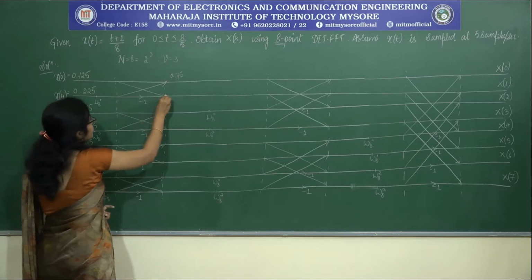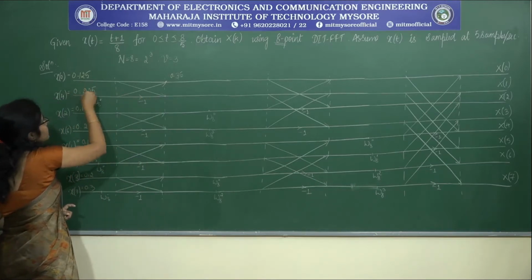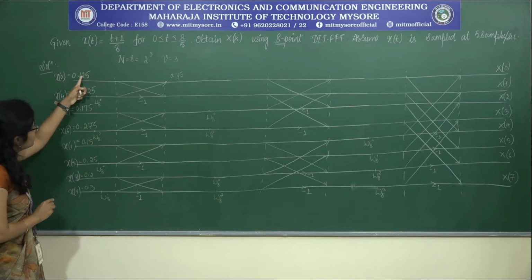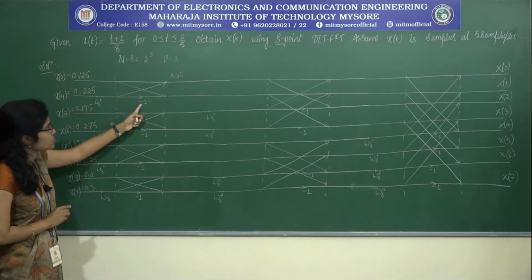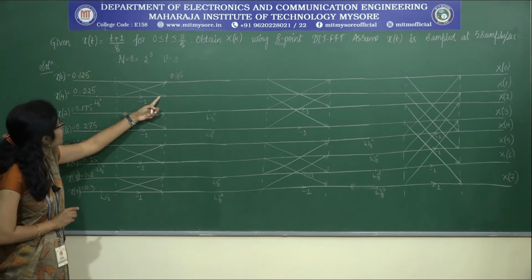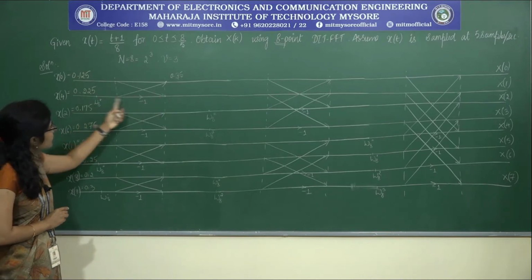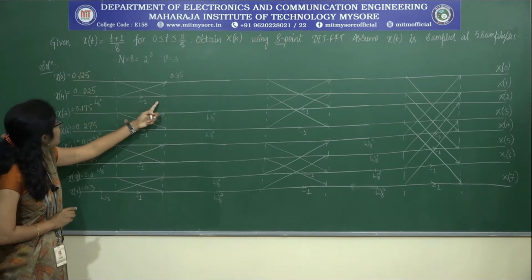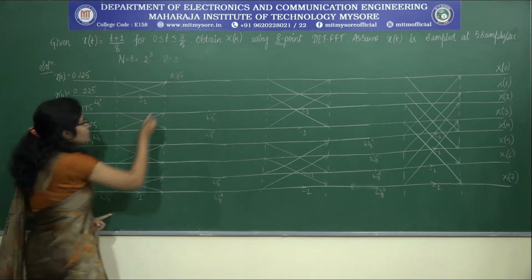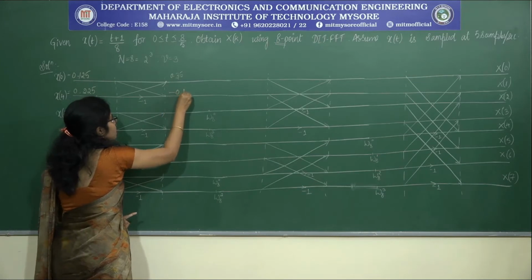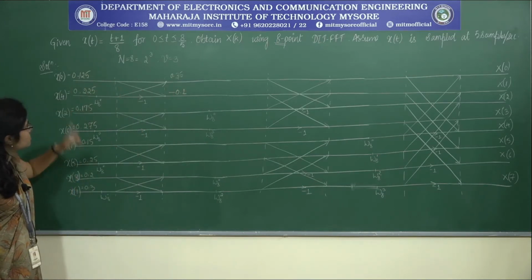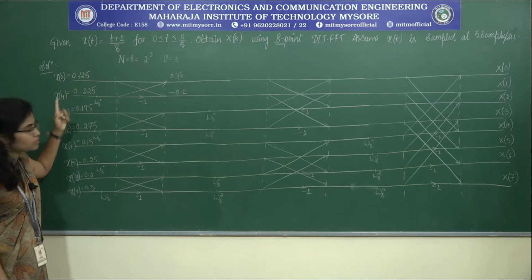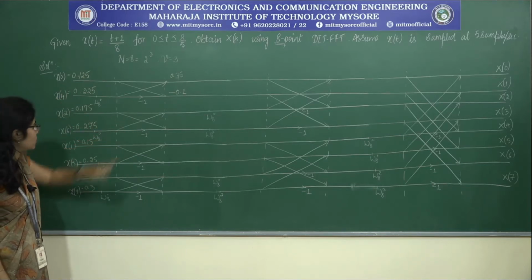Similarly here, I need to subtract this from this particular thing. Why? This value is multiplied with minus 1. So here the data coming is 0.125 and again here the data is minus 0.225. If I subtract those two, the value which I get is minus 0.1. 5 subtracted with 5 is 0, 2 with 2 is 0. So 0.1 minus 0.2 is minus 0.1.